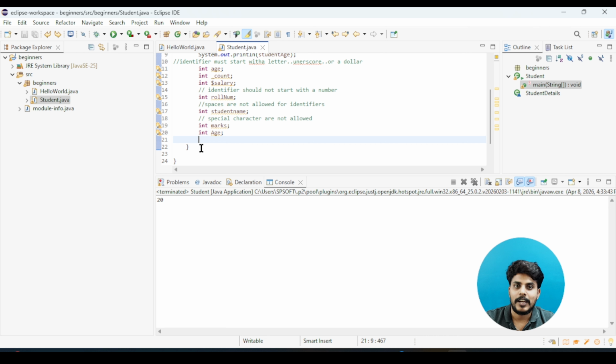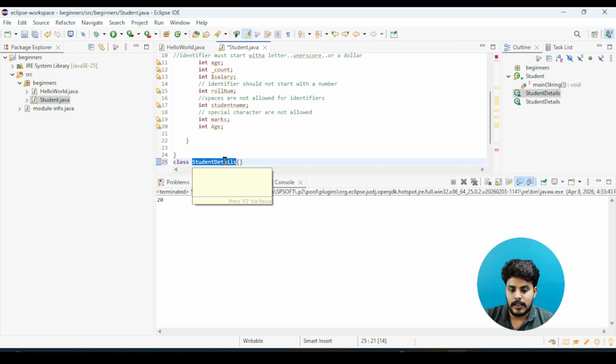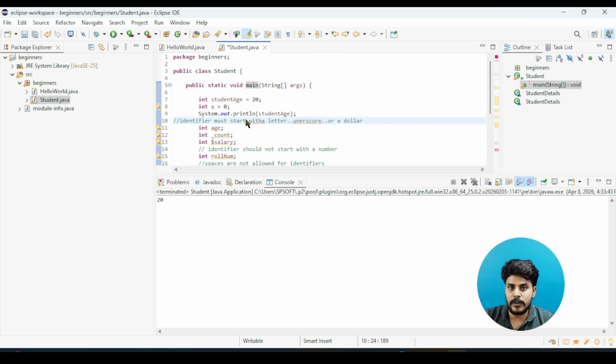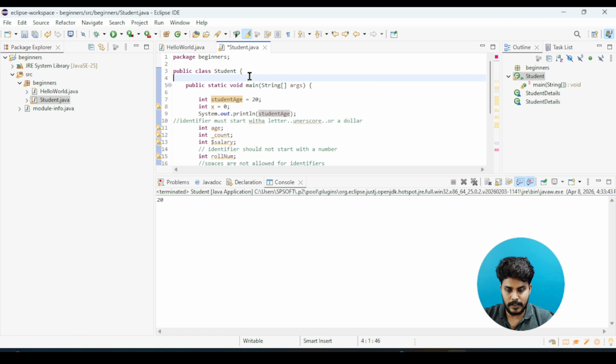Now let's see how professionals use class names and variables. Here you can see student details. Class names use Pascal case. Each word starts with a capital letter. Now we will see about variables and methods. Here you can see student name, which is a variable. First word small and next word is capital. This is camel case. Now I will create a method